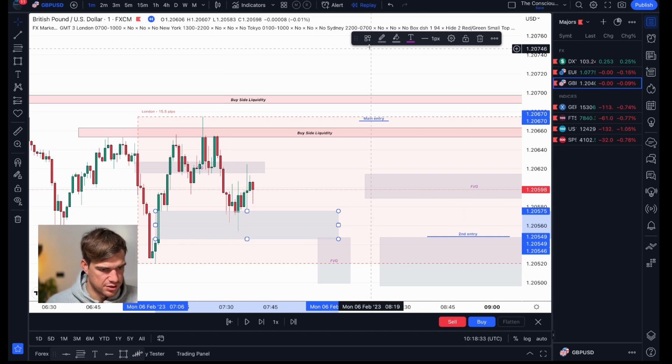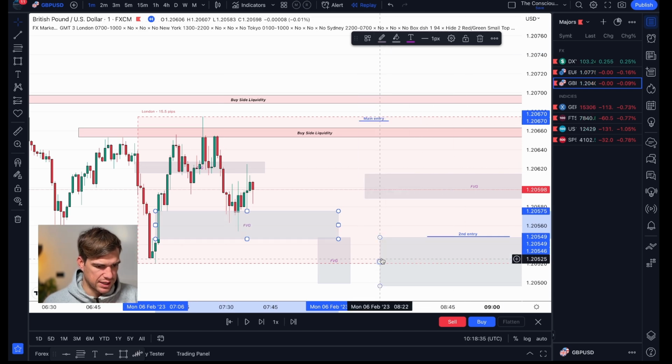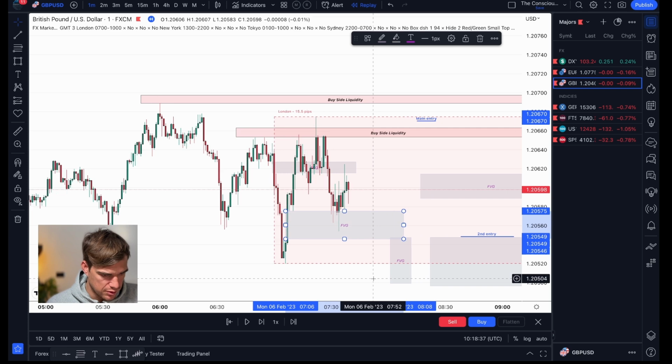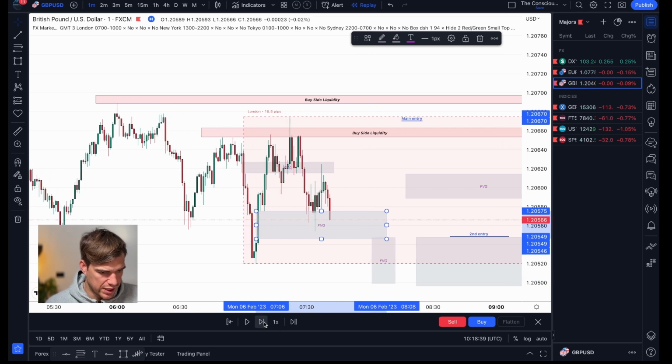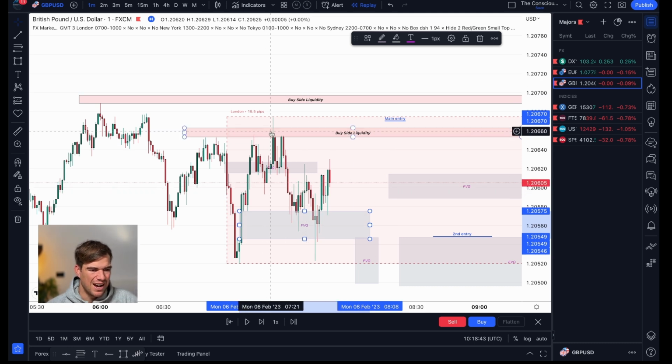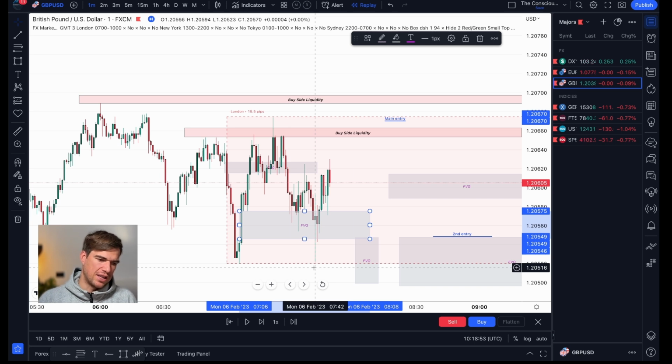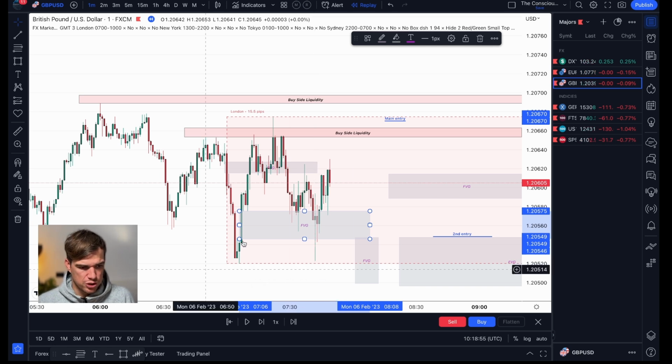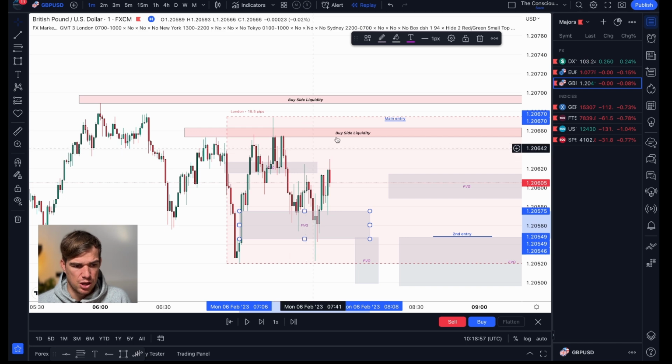Really nice, because it failed to take the lows. However, when I had this setup and it came back up here, I didn't like seeing this break here. That was a strong break to the downside. Yes, it filled this fair value gap, but look how far it went down. These are indications that I look for strong pressure on the lower side.